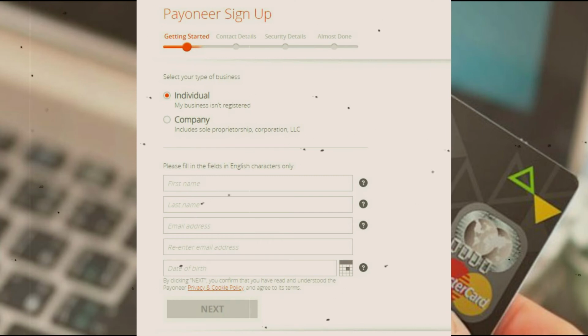Once you click the link up below, you will see this page like that. Add your personal information such as first name, last name, email address, and birth date. You must enter everything correctly and the original information that is written on your CNIC. Select individual and click next. You will see this screen